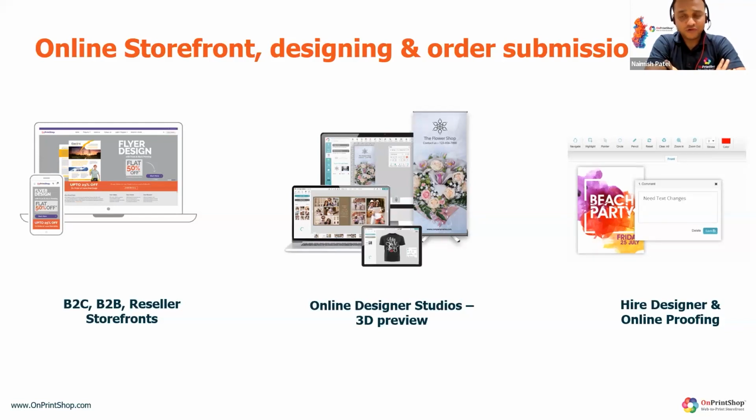For example, 4over. So we have a lot of print shops who are doing digital printing in-house, larger quantity. They are fulfilled with 4over. We have promo suppliers also connected with the platform. But to begin with,